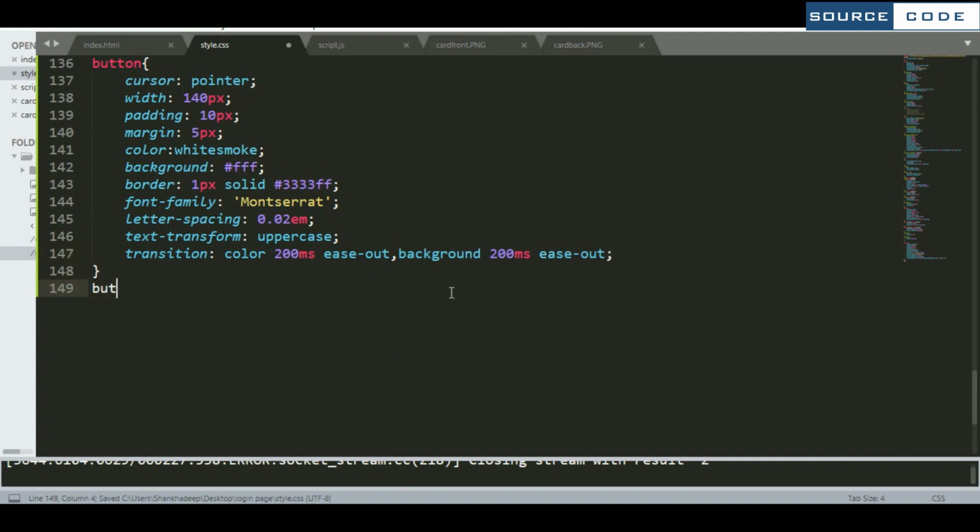So now we are going to add a hover effect. So make the outline to none. Copy this one.